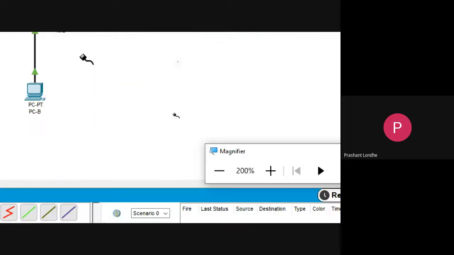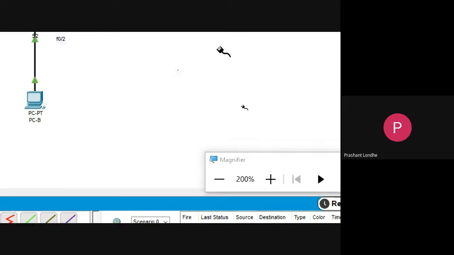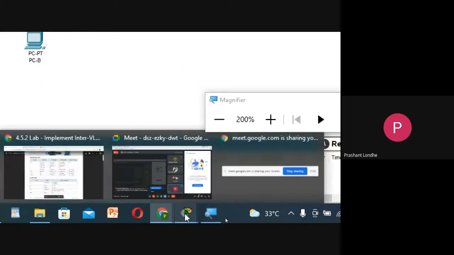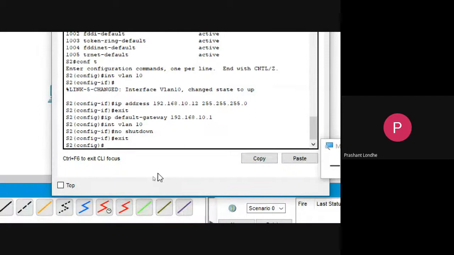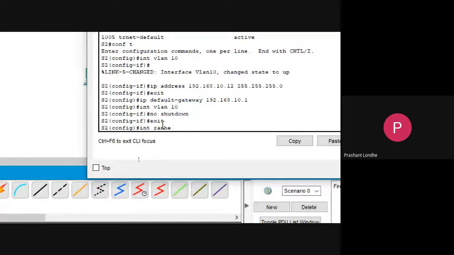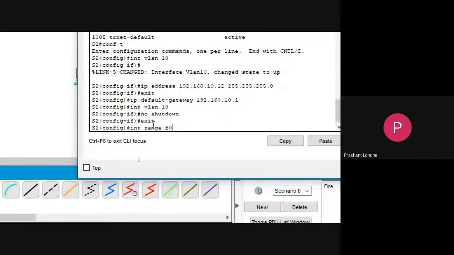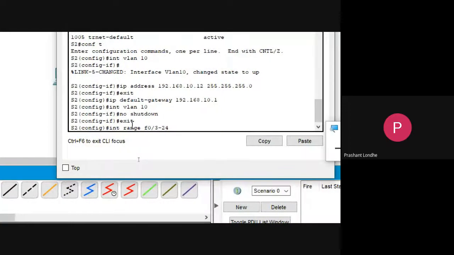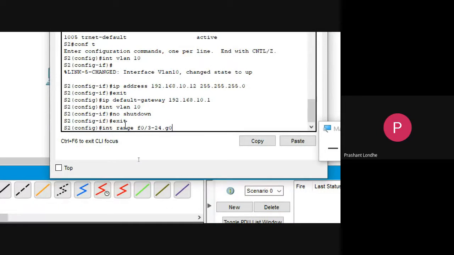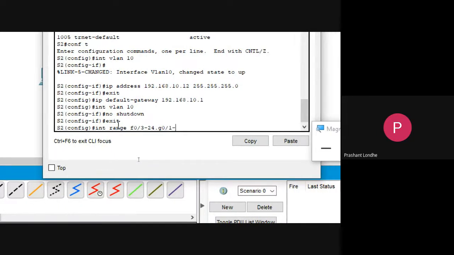So let us start. Interface range F0/3 to 24, gigabit Ethernet 0/1 to 2.